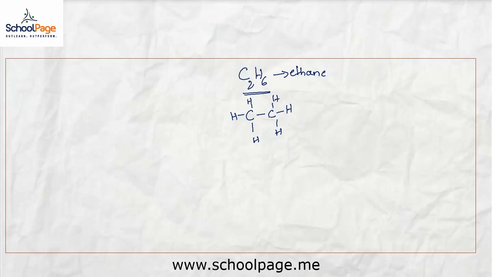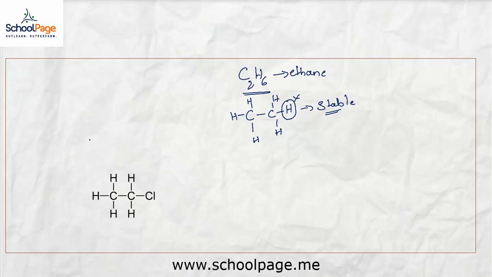Hydrocarbons are the compounds which have carbon and hydrogen. We all know this, and this gives them the stable nature because all the valencies of carbon are satisfied. Now, what if one of these hydrogen atoms is replaced by a different atom other than hydrogen or carbon? Let's take an example.